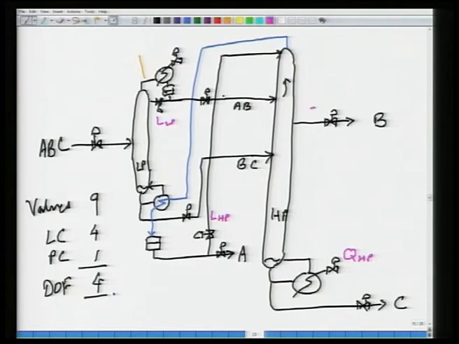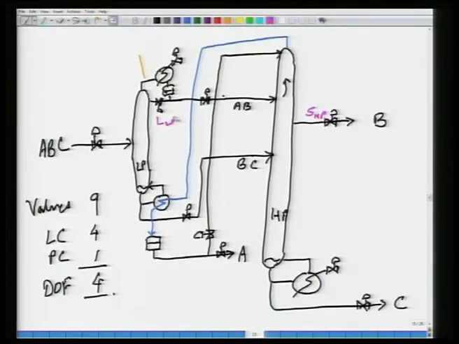So, I will just call it side draw from the high pressure column. Okay. So, it appears to me these are the 4 things that can be adjusted to get the kinds of purities that you want, and let us draw the control structure and it will become obvious what I am talking